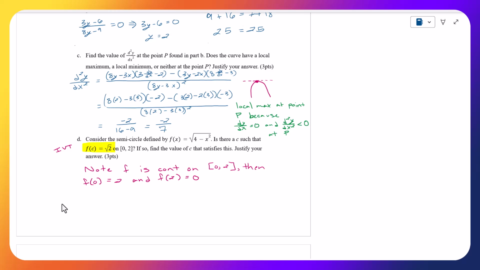f of 2 is less than the square root of 2 is less than f of 0, which is the math way to say what on our paper we wrote as, we take on every value in between. This is the more mathy way to say that our value is in between f of 2 and f of 0. And I did f of 2 first because this is 0 and this is 2. Since f of 2 is less than square root of 2 is less than f of 0,